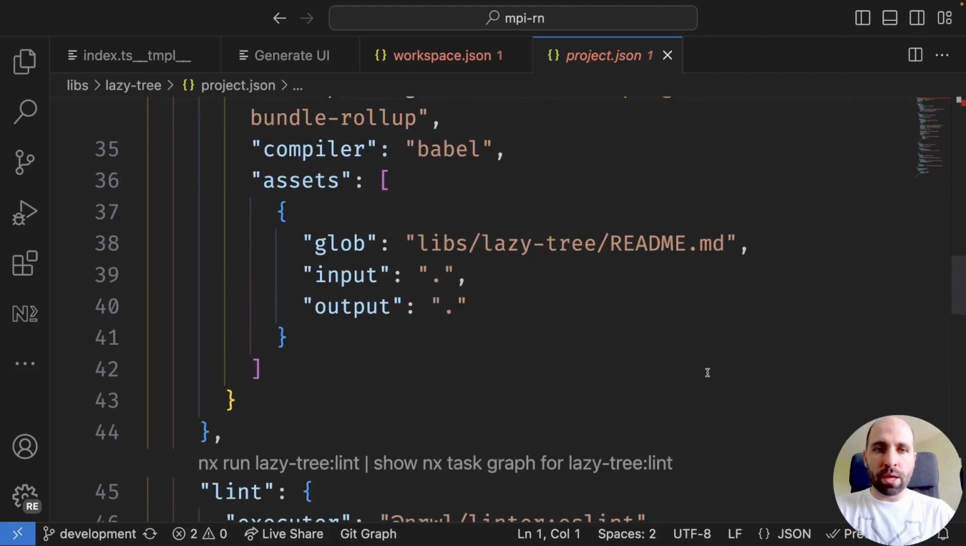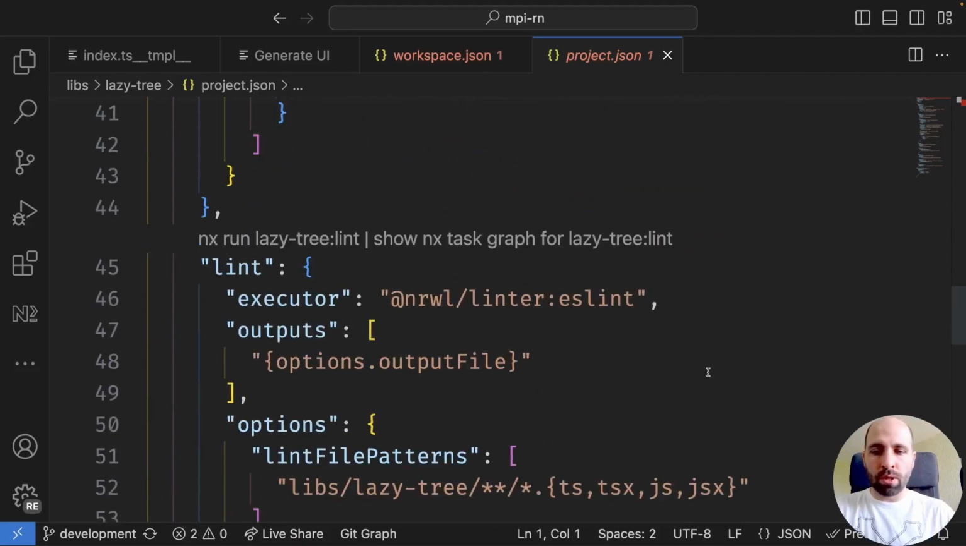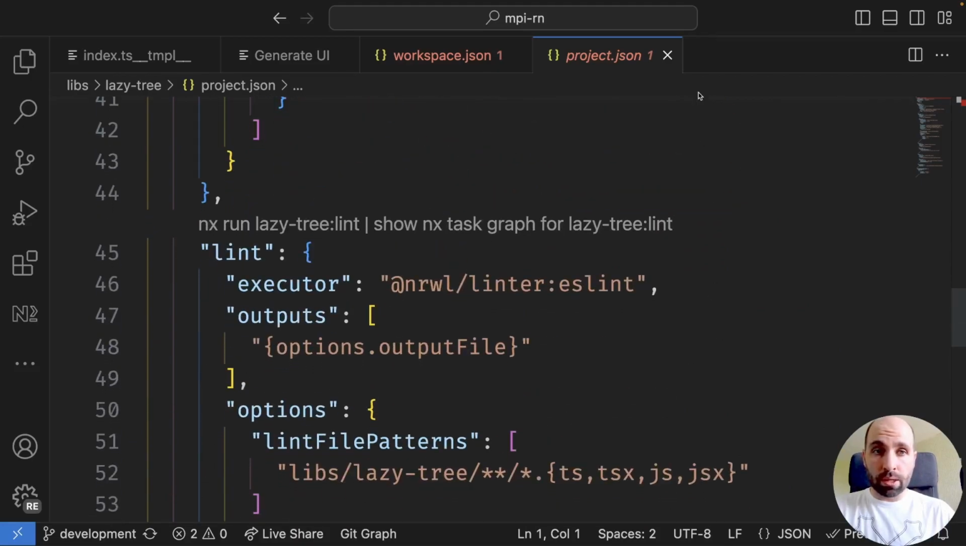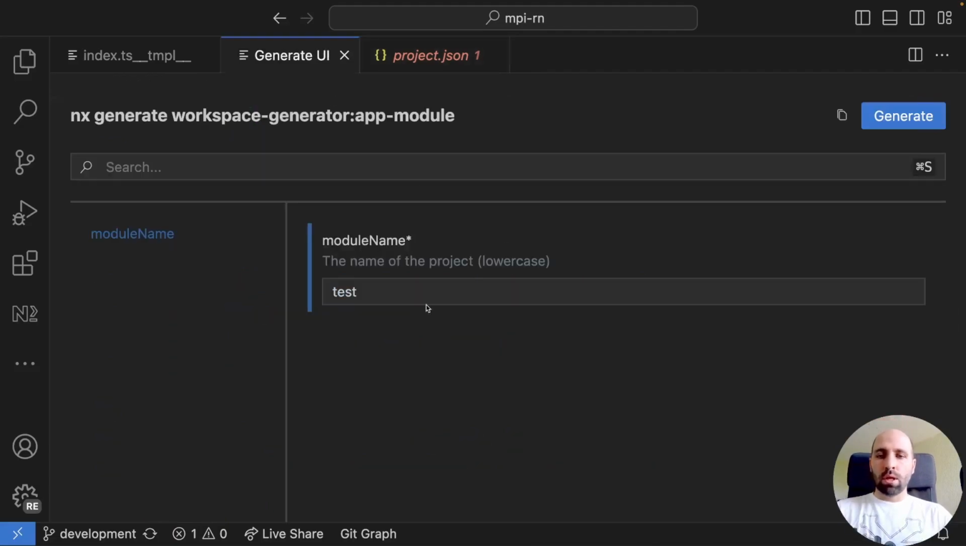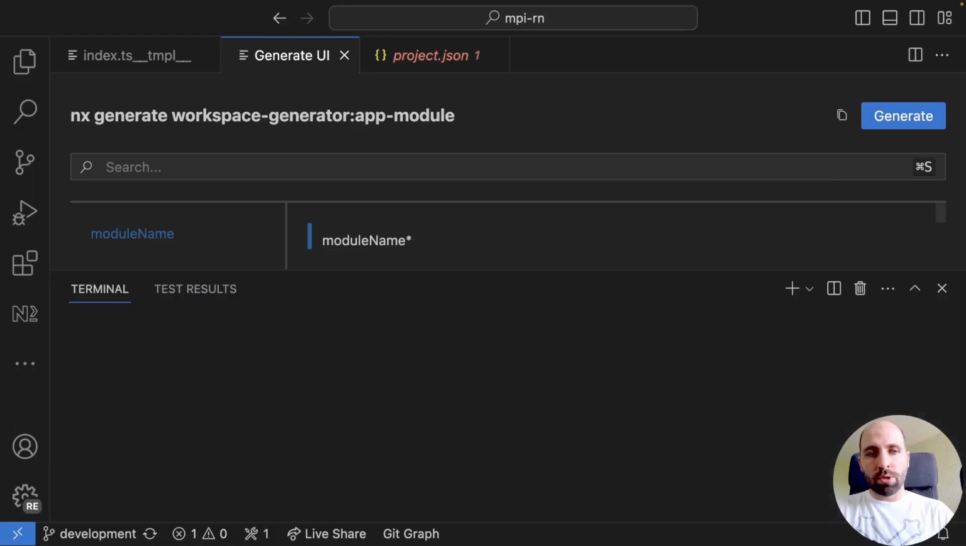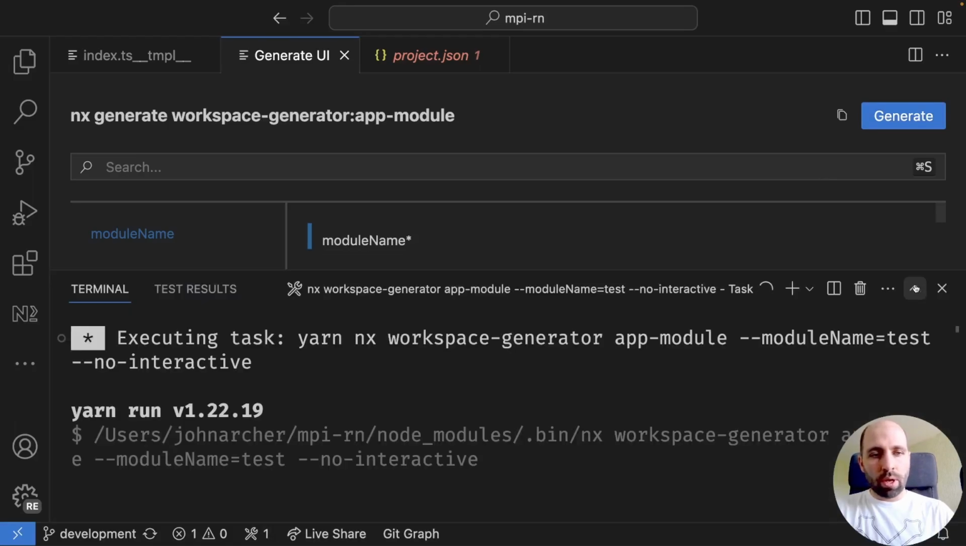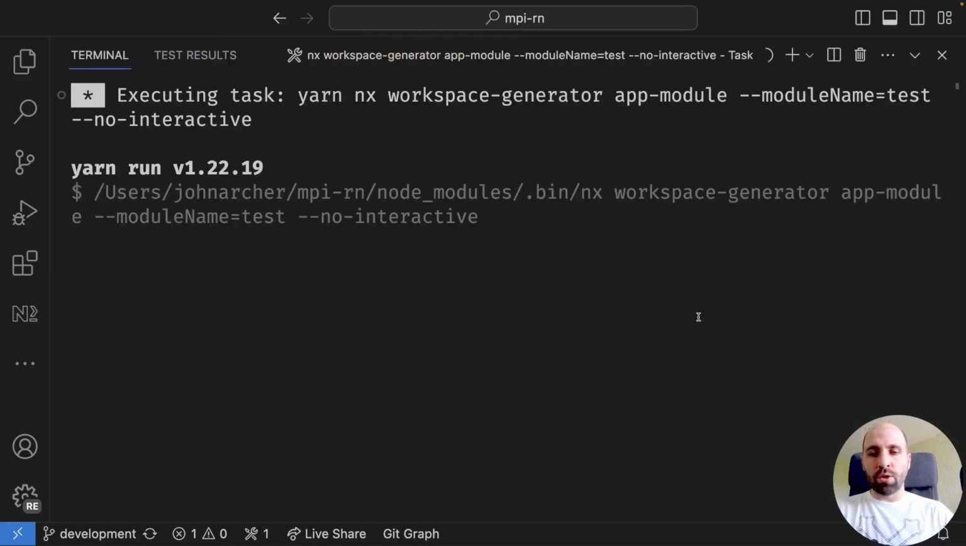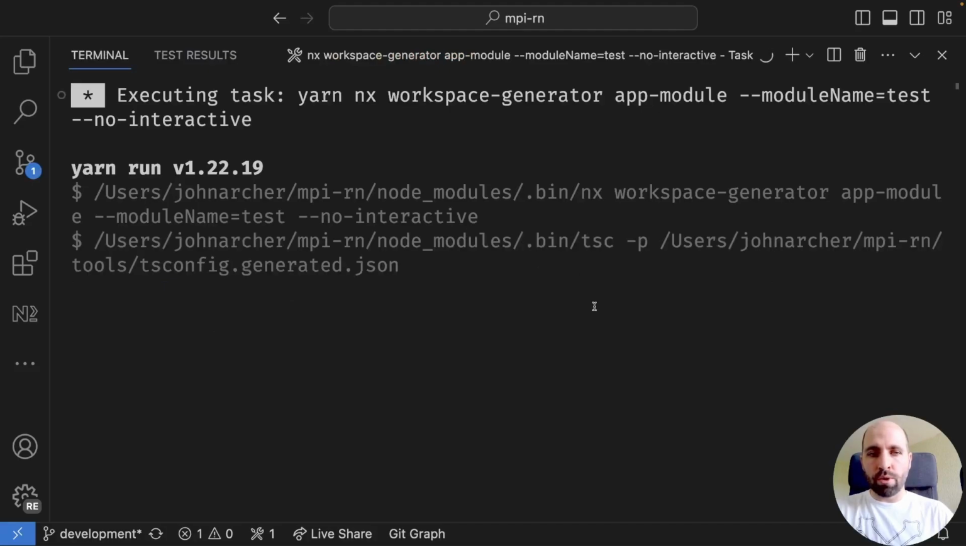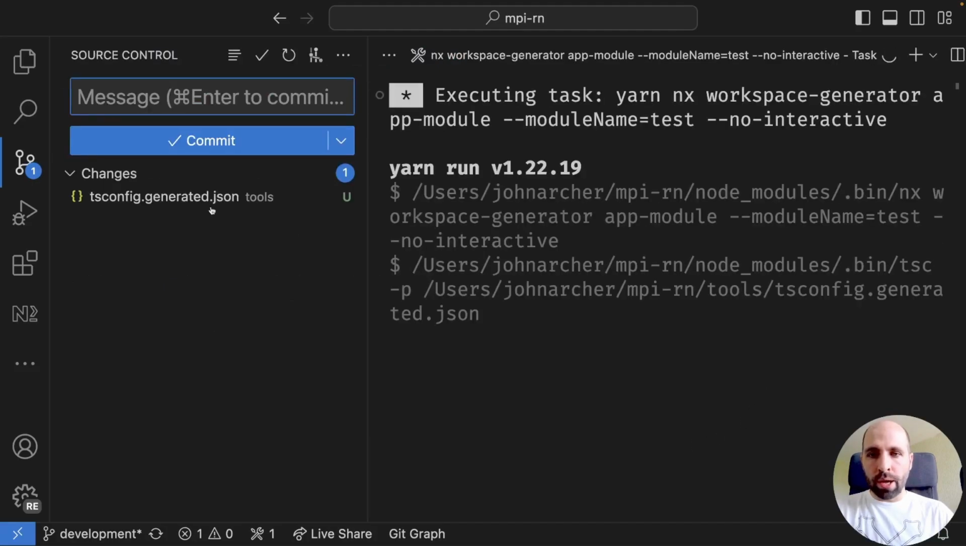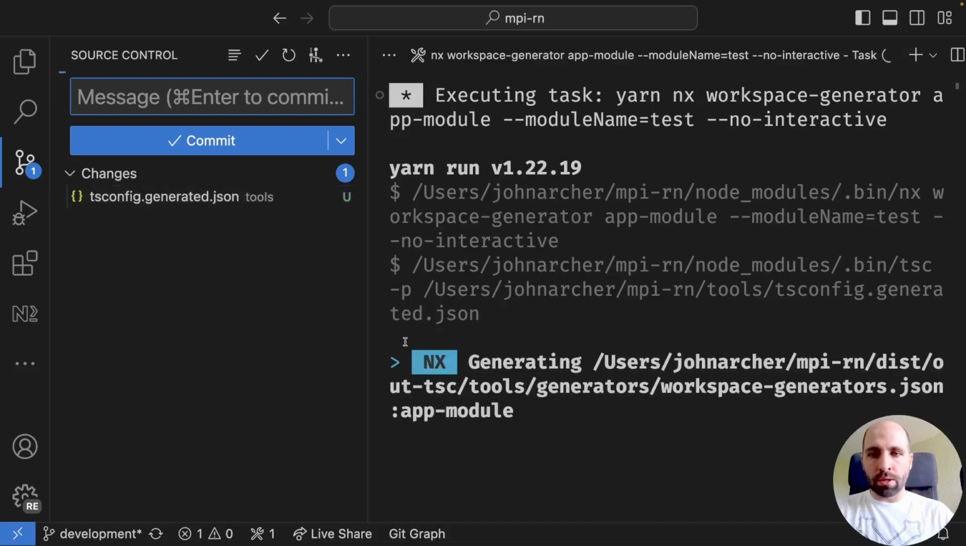So this is the replacement of your package JSON scripts, which might be a very long list, so you cannot even see your dependencies. So let's generate the new app module with the name test. We press generate. You should open the console and perform the generation, not the dry run, but the non-interactive generation of the module. So what it has created now is a generated JSON for the tools, and very soon